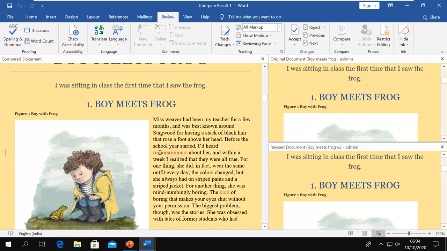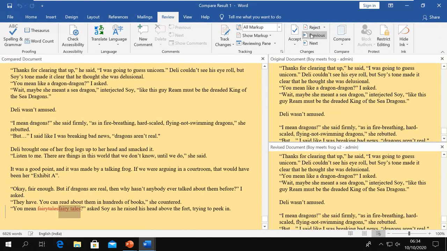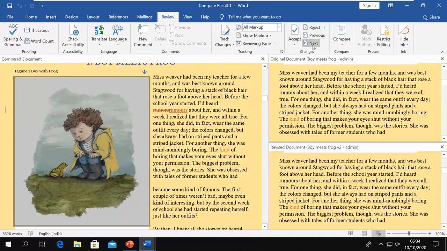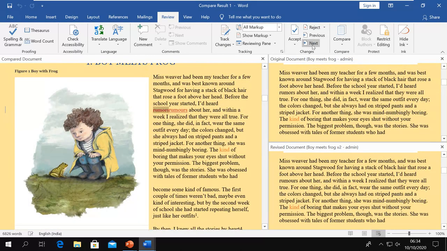Since I had not started any track changes, now I can do this. I can go to next and next changes, and I can see here it says this one was removed and this one was added.